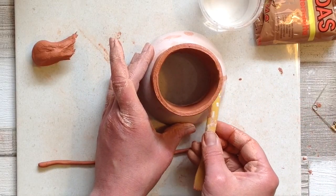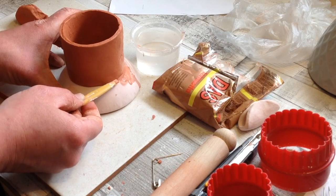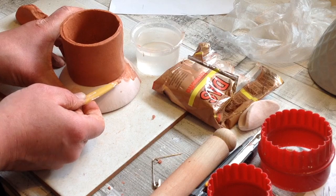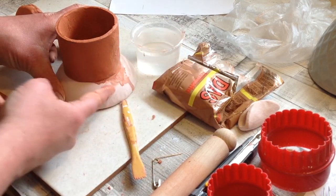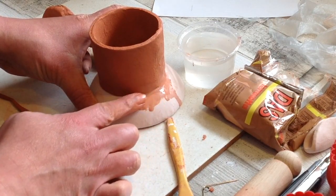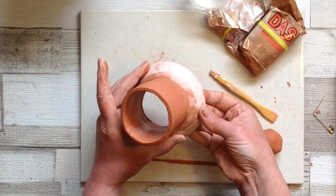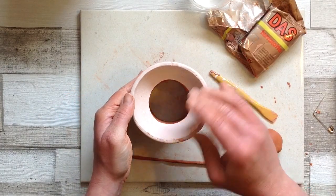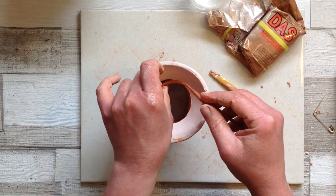The same as we did with the side join, we're going to take our tool and blend this clay into the hardened clay. As I say, you can add a coil around here and blend it together like that if you wish, and I'm just taking a little bit of water and smoothing it out. I've repeated that all the way around. This is all nice and secure, so very carefully turned it over,